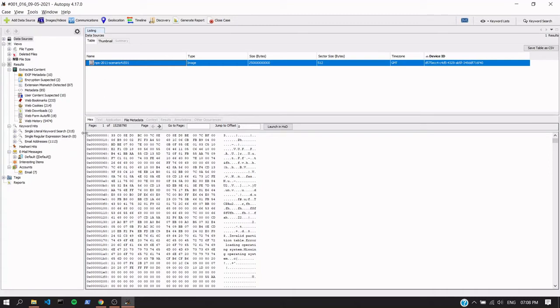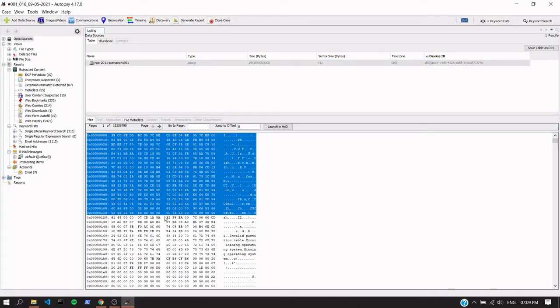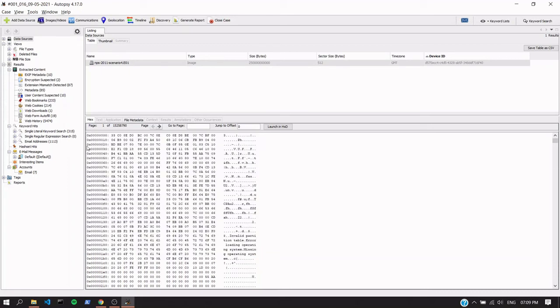This is basically the raw data of the disk. In the first column, this is the absolute address of the data. The raw data here is in hexadecimal format, and in this column the raw data is presented as ASCII values.